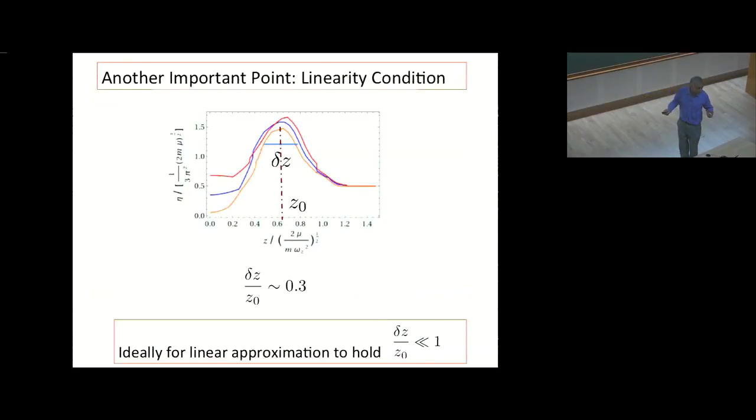But our hope at least was that you may have the dominant contribution to the viscosity come from only some small region of the trap. And then in that region, you can model the potential as linear. Now, in fact, what happens is you have a parameter, which is how cold is the trap compared to the chemical potential at the center. Roughly, the equilibrium situation is that it's colder than the phase transition temperature at the center, and then as you go out, at some point you have a phase transition, and then it becomes a normal phase.